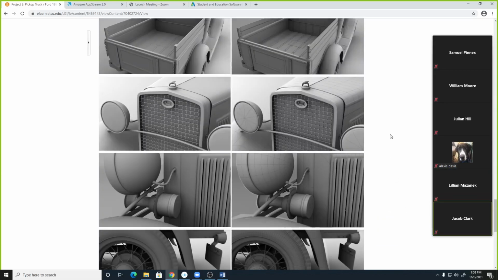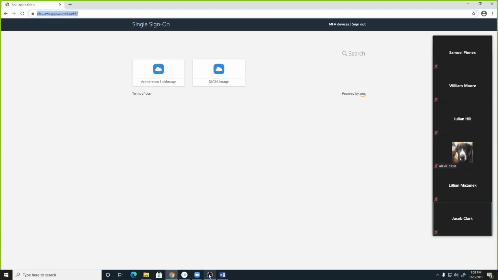So now that's the 3 projects that we're going to do. At this moment, we're going to start to work on Maya software. Let me